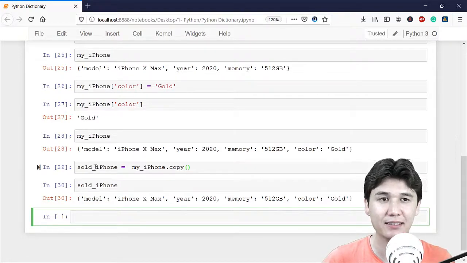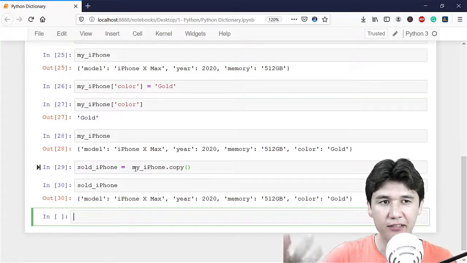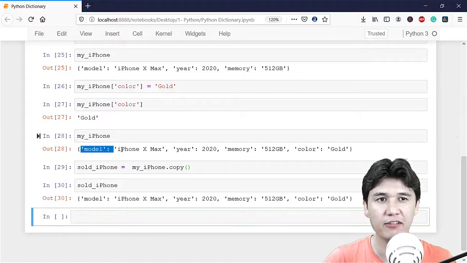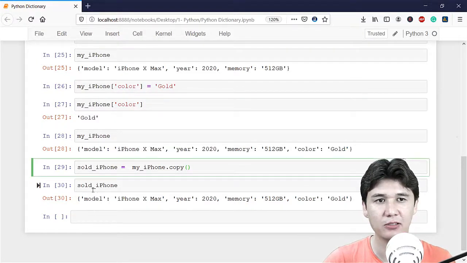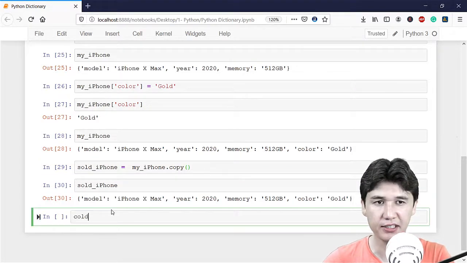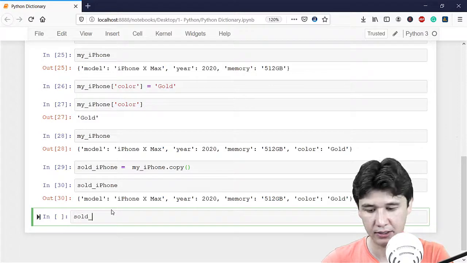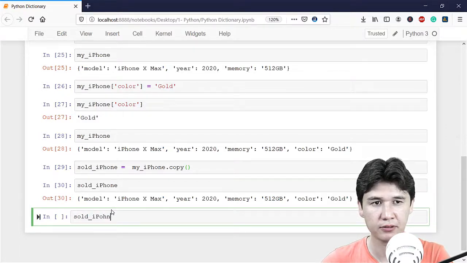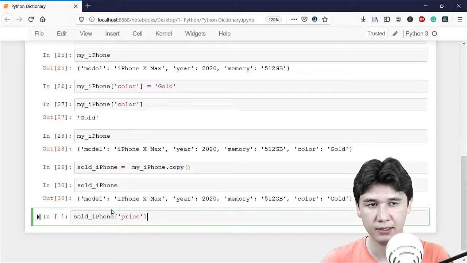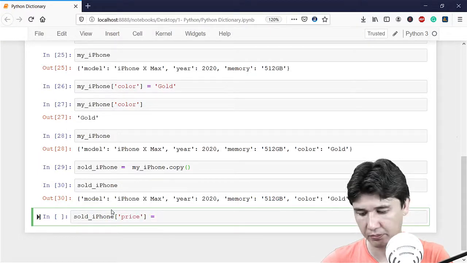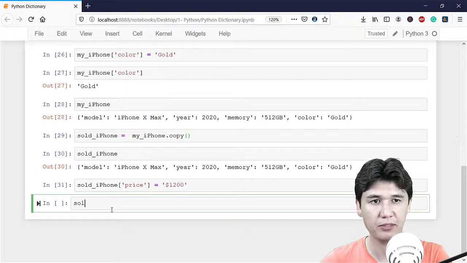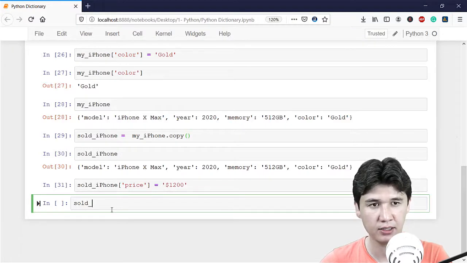And what does that mean? Sold iPhone is like I have sold my phone, and we have all the details which I have copied into sold iPhone. Okay, now if you are going to add in sold iPhone, then you will say iPhone, I will also add one more value, that is price, which is equal to maybe $1,200. And when I'm going to call sold iPhone,